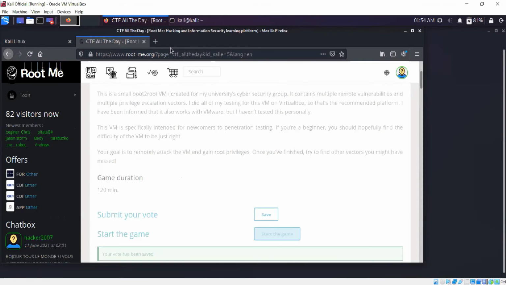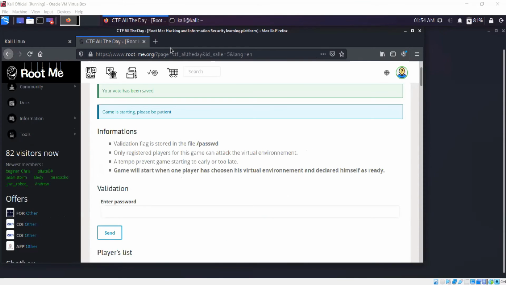All right. So the machine we're going to be using for this demonstration is called Basic Pen Testing One. Again, it is a purposely vulnerable machine. This is a website that hosts these machines on the cloud, so I can gain remote access.